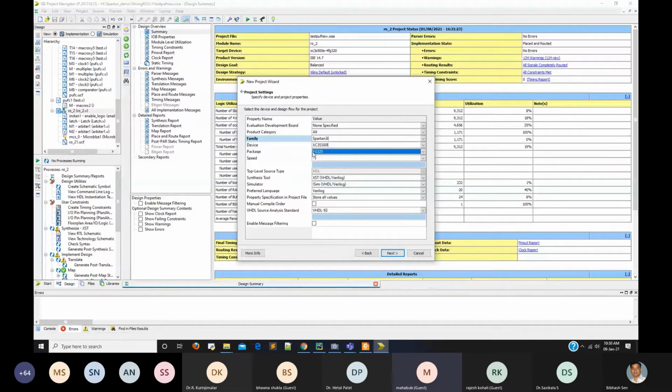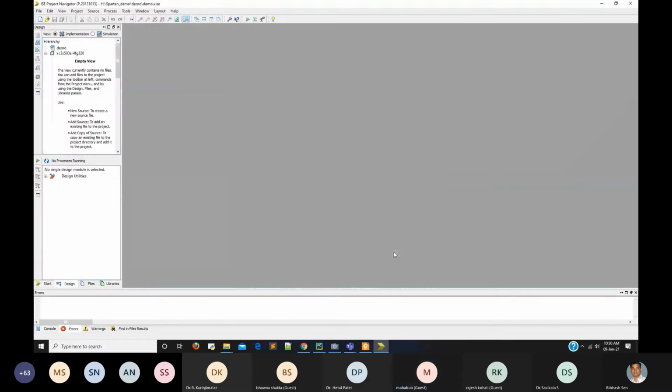This setting will be provided with the board in the documentation, whichever board you use, so don't bother with this. Next, finish. See, like this, you can create a new project.